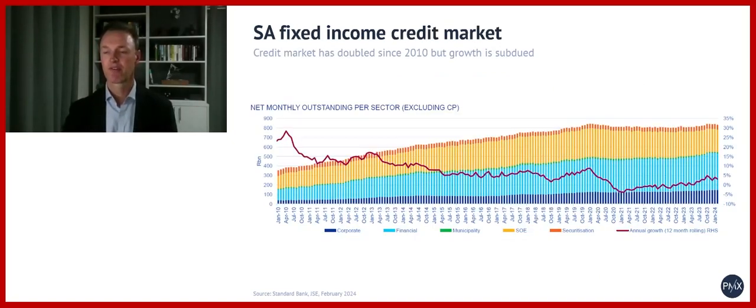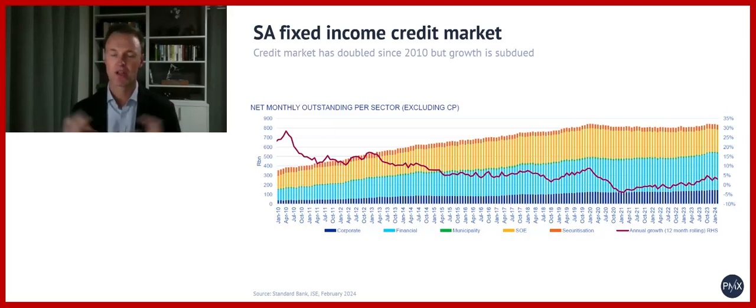This has been the growth of this credit area. You can see back from January 2010, it was about 350 billion. Now in this area, and this excludes the credit-linked notes, there are over 800 billion rands worth of bonds. There was an enormous amount of growth around 2010, and actually from about 2006 onwards. There weren't a lot of corporate credit bonds when I got started in the bond market in the late 90s and early 2000s.